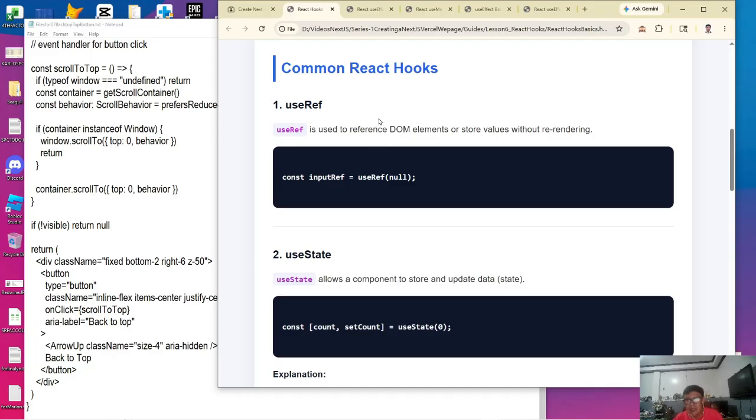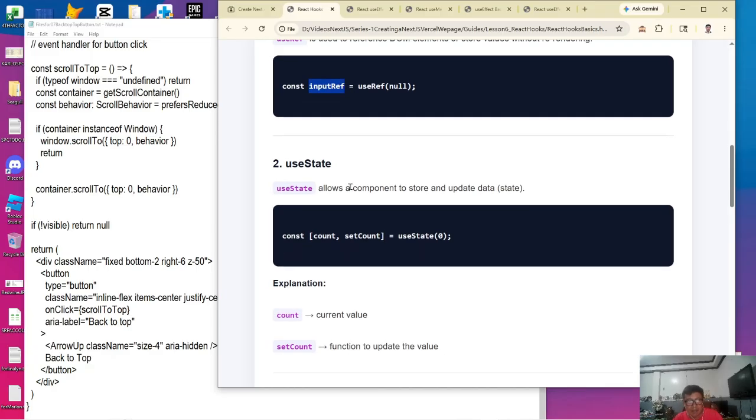useRef. It is used to declare a state variable. So when a variable is declared with useRef like this, it becomes like a state of the function that contains it. So the function becomes like a class which has a state variable called inputRef. Another hook is called useState. It's like useRef.